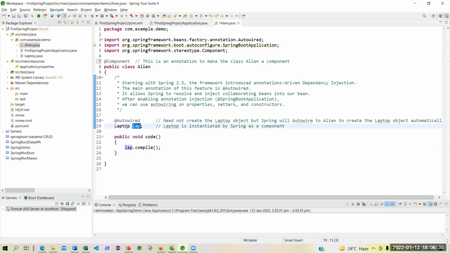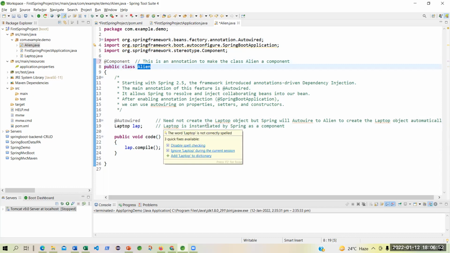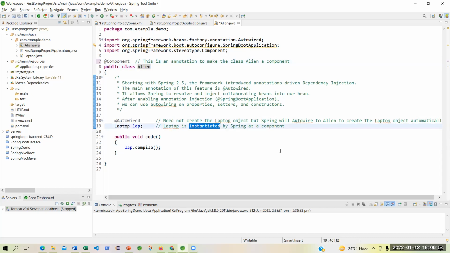See now, did I create a Laptop object over here? No, sir. This is a component. So I can inject. This is called the point of injection or instantiation. Instantiation means you are creating that object by the name lap, small lap. But what is the class or what is the object? It is the Laptop. But how do you do this definition? Can you do it in Java this way?